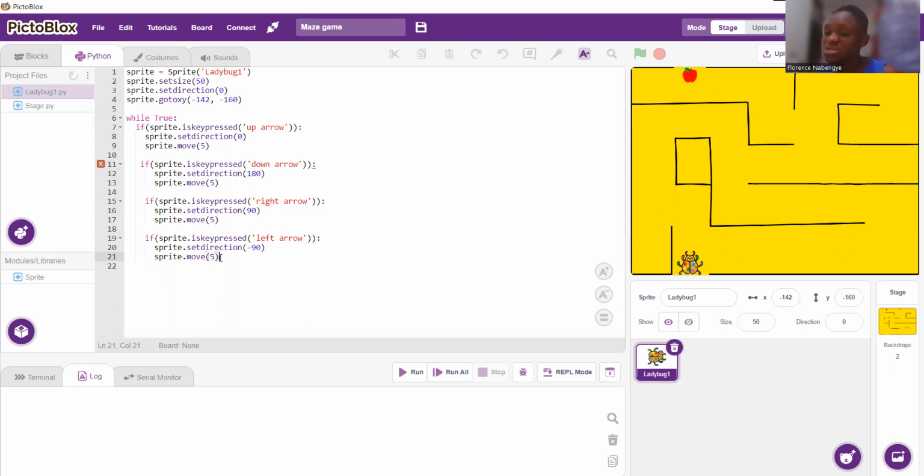But then we want it to detect the boundaries of our maze, and then if it happens to come in touch with the boundaries, we have failed and then we have to start all over. But if it's able to get to the apple at the top, then we've won the game. That is so interesting. Okay, so let's see how this goes. So to do this, we will need another if statement. And we are going to say if